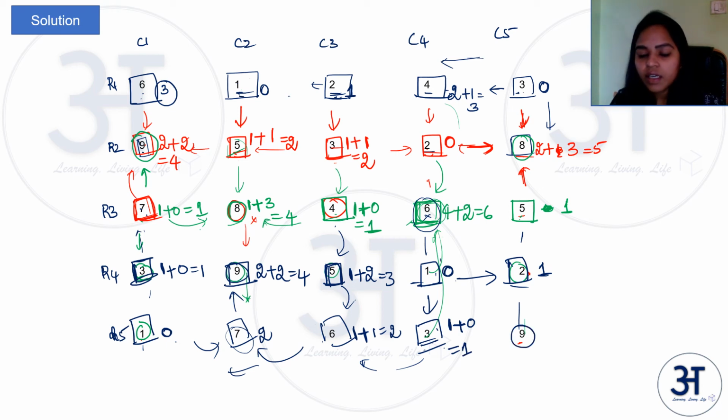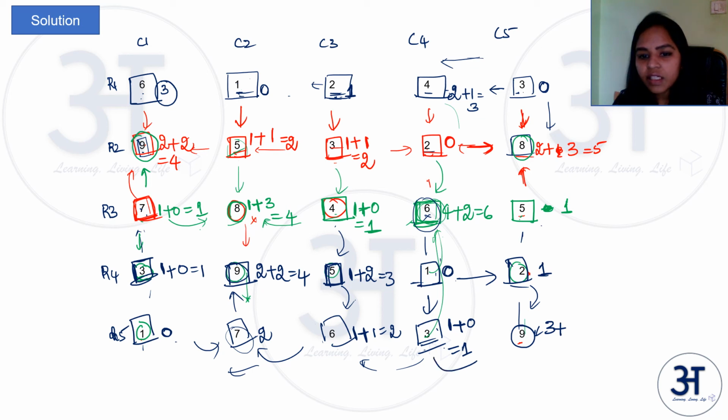Then let us come to the last 9. For 9, let us see what are the possibilities. 2 can reach 9, 5 can reach 9 because 5 is less than 9, 2 is less than 5. 8 can reach 9, then 3 cannot reach because 8 is greater than 3 or 5 is greater than 3. So there are 3 possibilities column wise for 9.